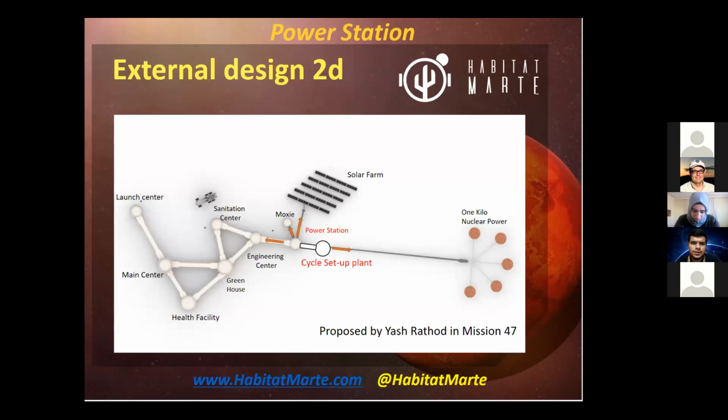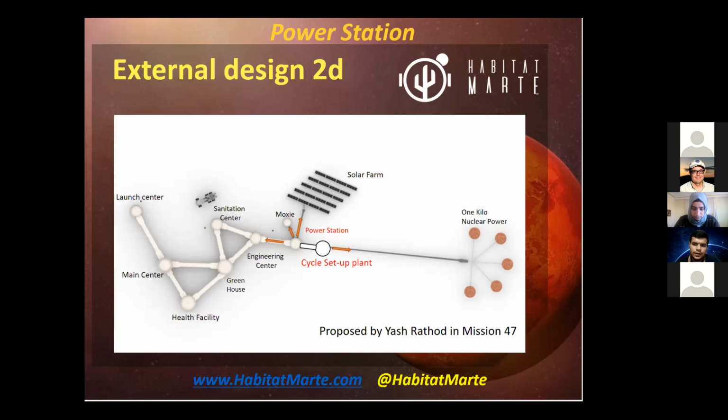So this is the external design of our power station. This was the design proposed by Yash Rathod in mission 47. Here I also included a cycle setup plant, which I'll be introducing further. Basically, the cycle setup plant will be connected to the power station, where a complete Brayton cycle engine will be installed, working on the principle of the supercritical Brayton cycle. Here we will be using SCO2 fluid